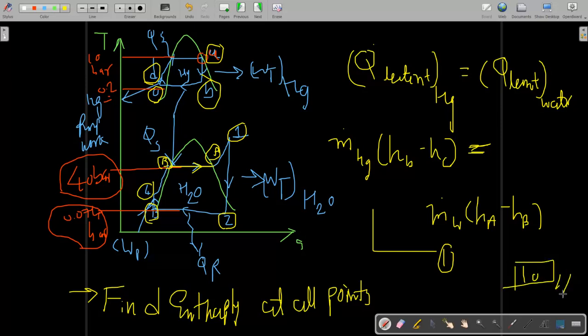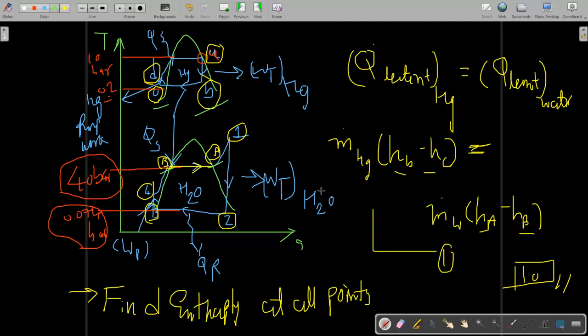So now you have a question: why do we have to find all of these, why not limit ourselves and solve the answer? The reason is, first of all you have to find the mass flow rate of Hg upon mass flow rate of water, the mass flow ratio, and for this ratio we have been given this condition. The latent heat supplied by the mercury is received as the latent heat of water, so you will require Hb, Hc, Ha and Hb. So Hb and Hc are utilized, and Ha and Hb are also utilized.